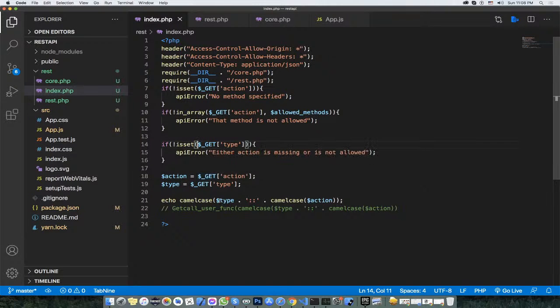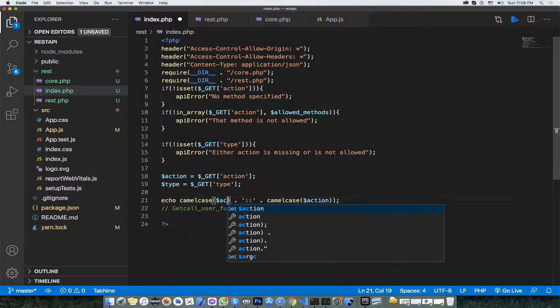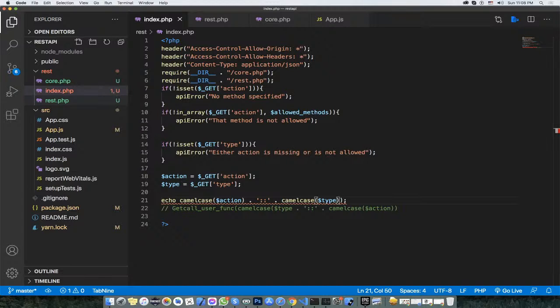Sorry, we need to change the camel case action first, and add the type in the second. And we need to check action, camel case type, and we reload, and now we have the correct order for our class name and our